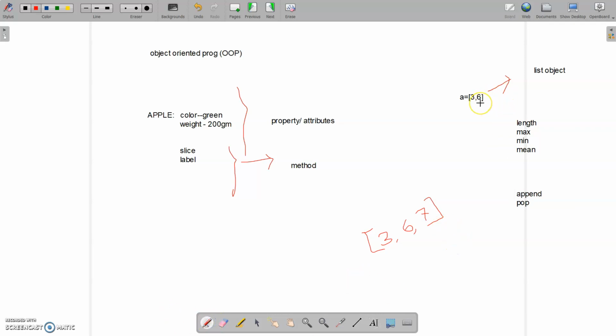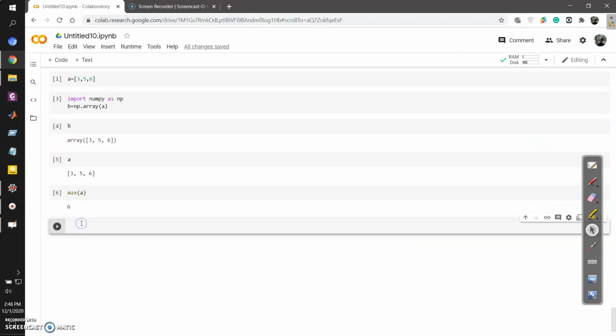Say, for example, 6 was the last element, so pop means I will take out the last element from it. So these are the attributes of that list object, and these are the methods. Now, it is very important. Let's come here. So this was my original